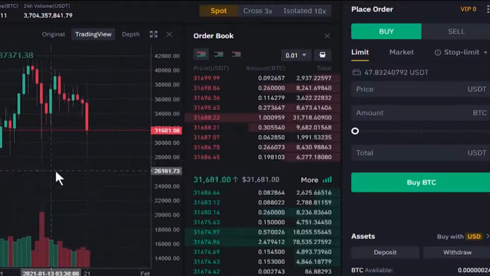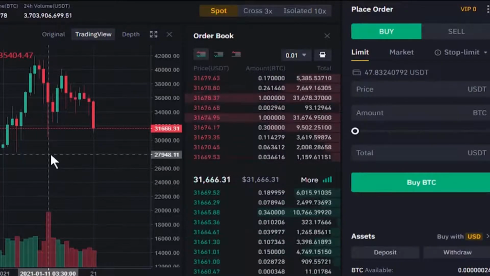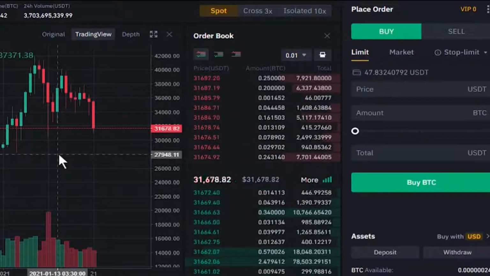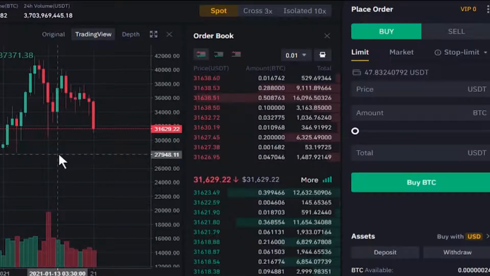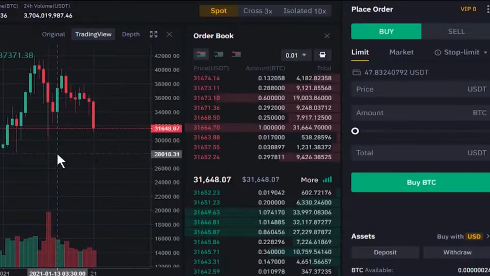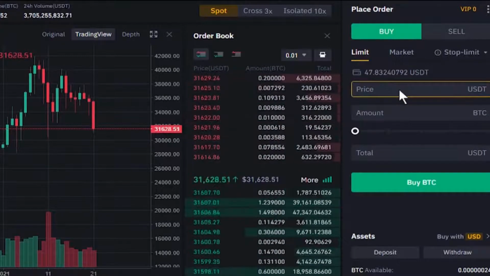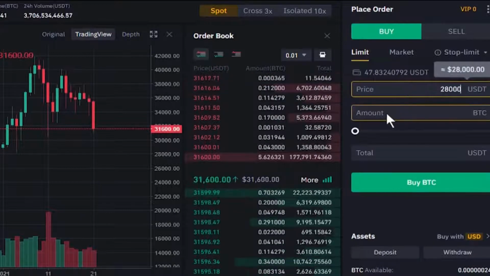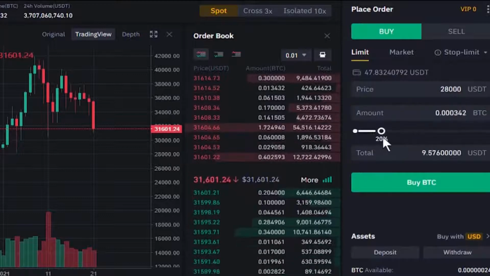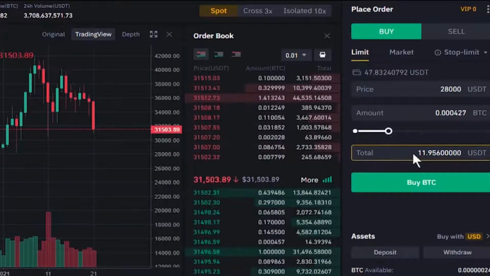Consider that you have analyzed the chart and you think that 28,000 is a significant support level, for example, and you think that the price will fall to this level, and this price is a good opportunity to buy Bitcoin. So you can place a limit order, so your buy order will be executed at your limit price or a better price. Here in this box, we enter our desired price, which is 28,000, and here we enter the amount, which I just set, for example, to 25%, and this box shows us how much it costs in terms of Tether,